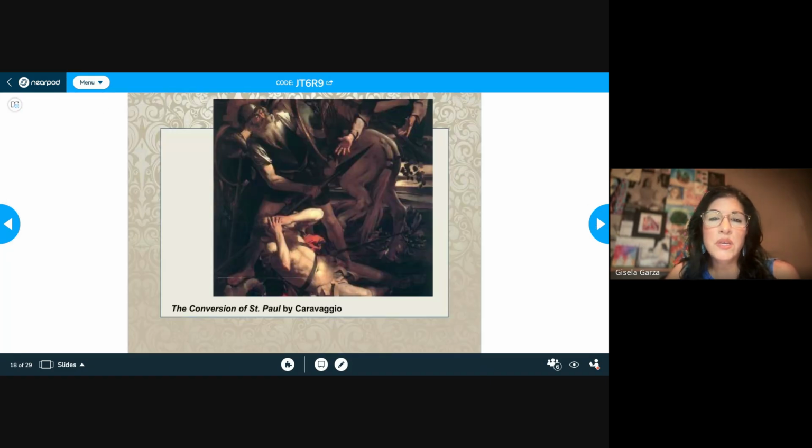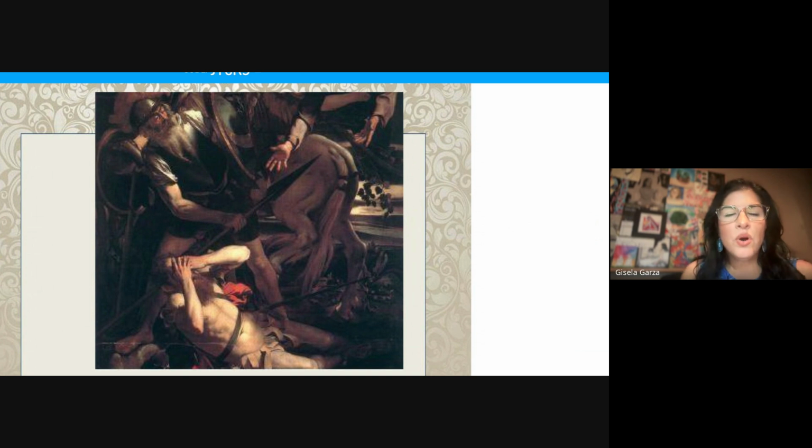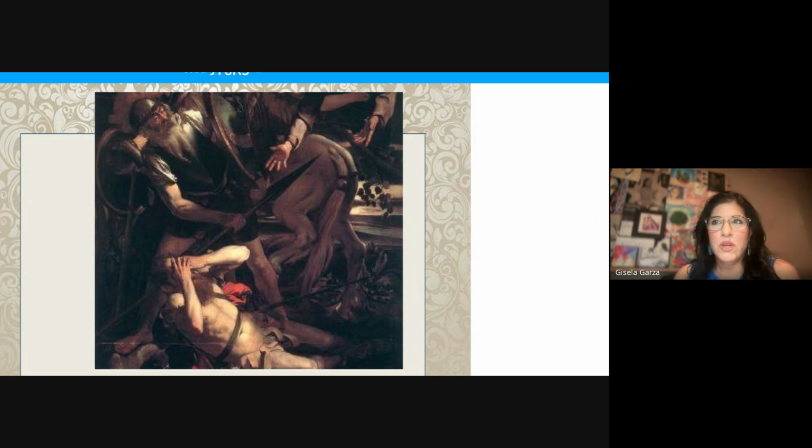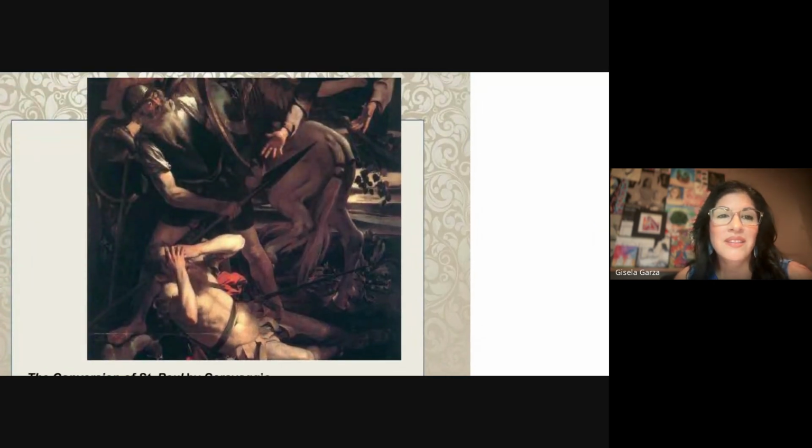So this one here, when I talk about dramatic, this piece is an example of a very theatrical, dramatic piece by Caravaggio. It was titled The Conversion of St. Paul. There's a lot going on, right? But we still see the light. There's total darkness, and then in the back, it just brings out the dramatic